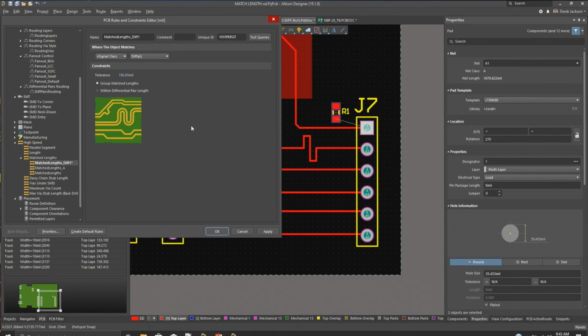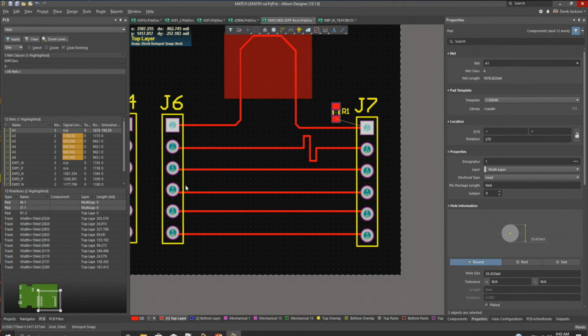So I created for each differential pair its own X signal class, and I put them all into a class. So down here it'll ask me, do I want to look at group match lengths or within differential pairs? Within a differential pair, it'll look at each segment. So you're tuning the positive to the negative versus the group match length. It looked at the length of all of the differential pairs to allow you to make sure that each pair